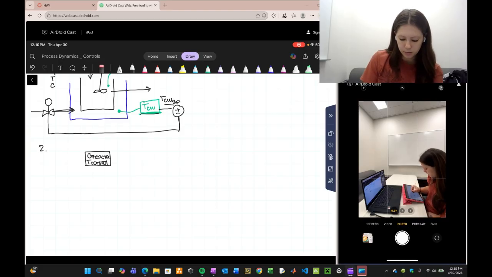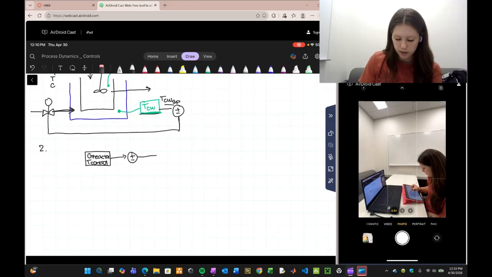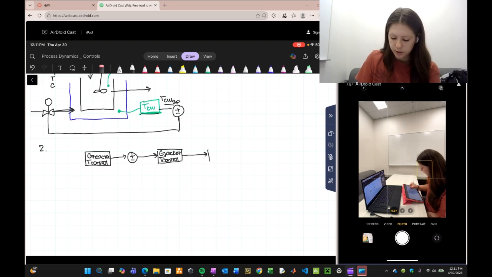And this will go into a controller here, which will then flow into the transfer function of the jacket temperature control,